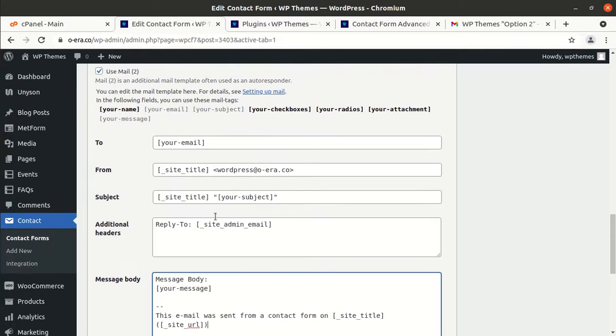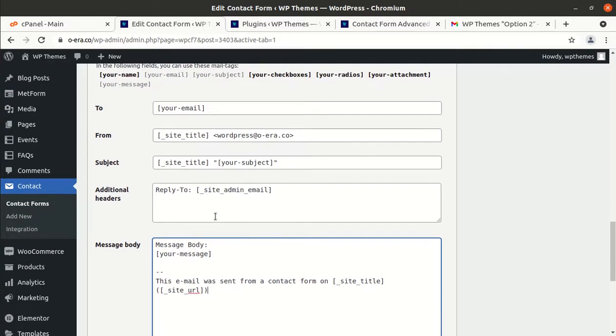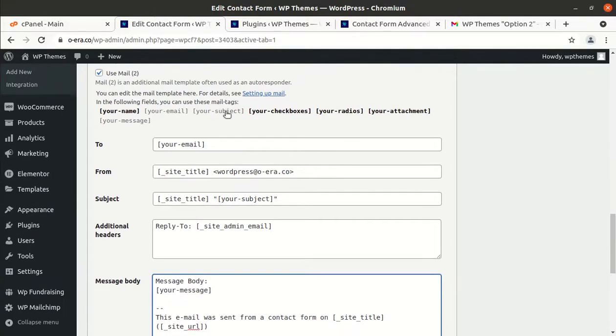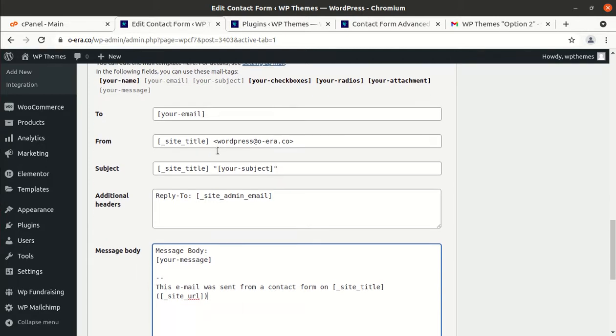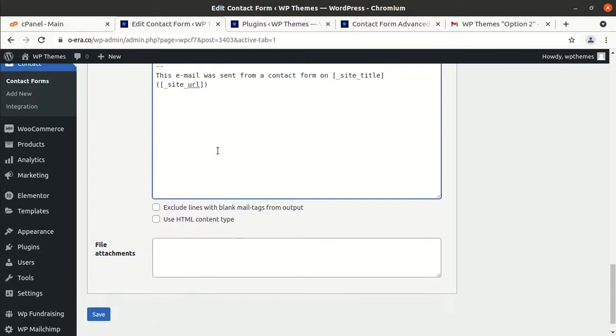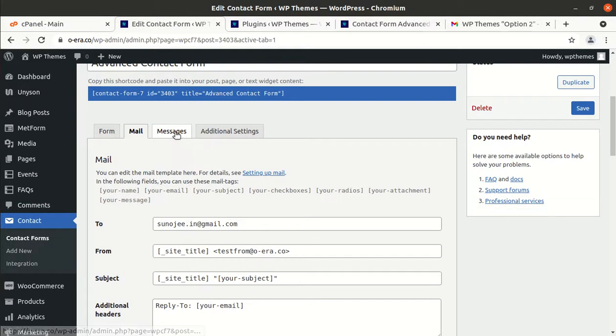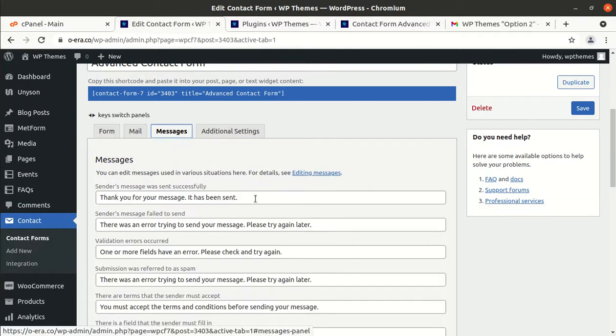I mean, if you want to send the contact form collection to two different email IDs, it can be used from here, and that is a very good option.